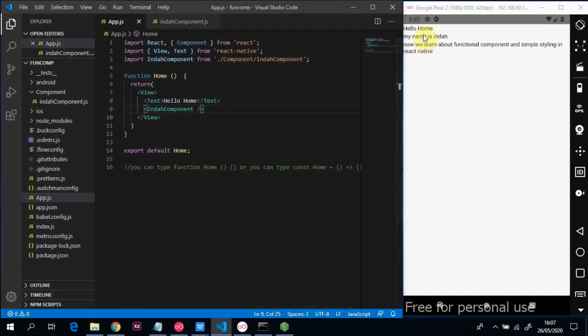Looks the below of the letter of hello home, it's show my name is Indah. Now we learn about functional component and simple styling in React Native, okay. Okay, so in this step we have learned about functional component in React Native. Now I want to show you about simple stylings in React Native, okay. For example, I want to styling this letter hello home, okay. I tap like this,